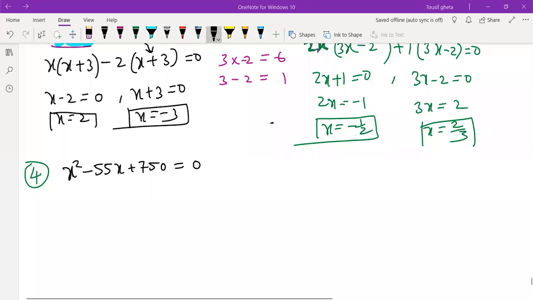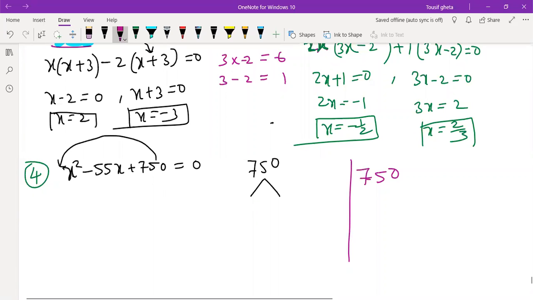750 ones are 750. It is not like an easy number that I will directly write something like 15, 50. We are not that much expert in multiplication. We are too lazy. So what you can do instead is take the factors of 750. Go for the tables. Like I will just take 5 ones are 5, 5 fives are 25, 5 threes are 15, 5 sixes are 30, 2 threes are 6, 3 ones are 3.